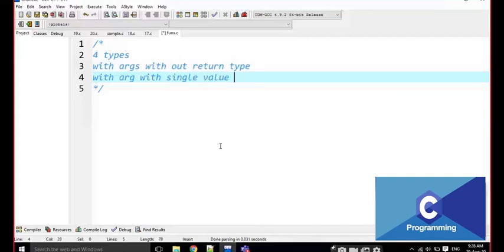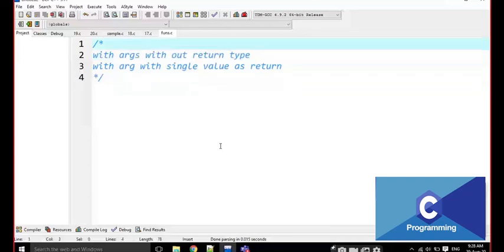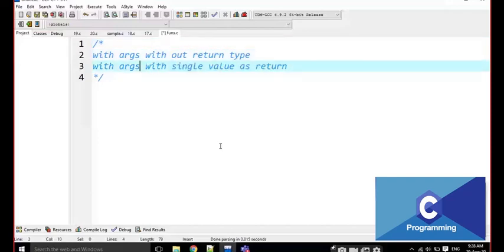I'm going to discuss only these two types. These are the basic and very necessary types here. In the second, the function is going to return only a single value.